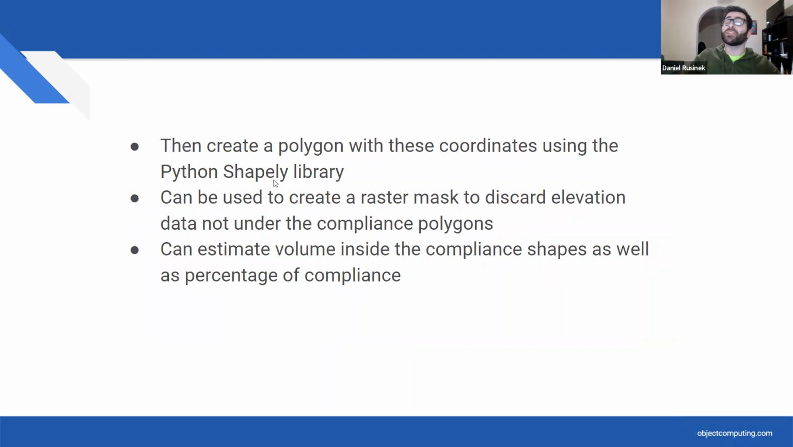We use the Python Shapely library to create this polygon. And ultimately, we estimate the volume, like I showed before with that picture where I had the green pixels, and we estimate the volume inside the compliant shape of, for example, how much vegetation we might have. So we can mark how many pixels we have above 6 feet within this compliant shape. And then that's ultimately the answer that we want to give to